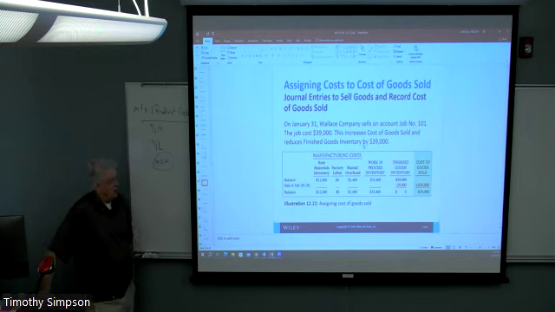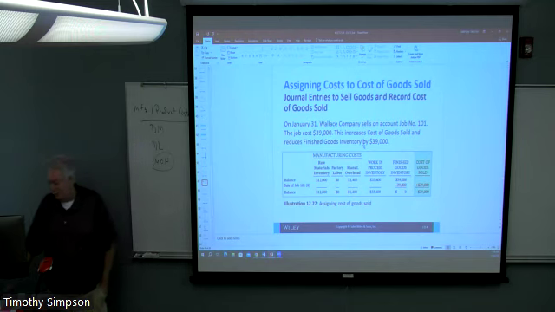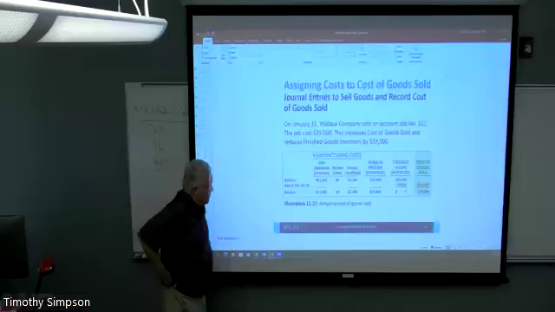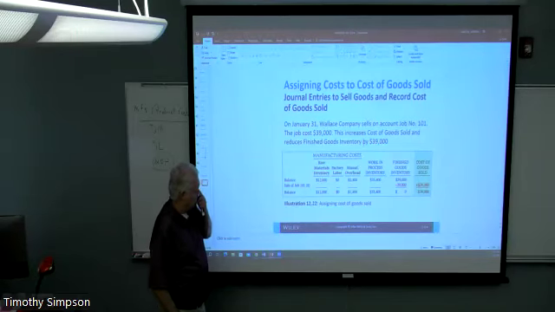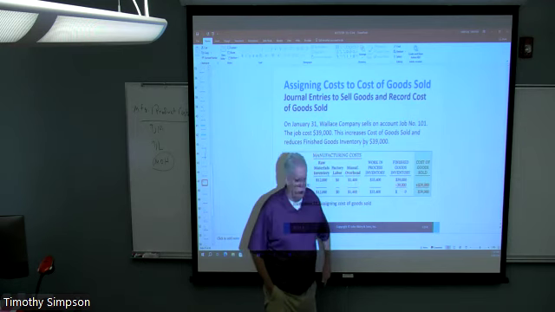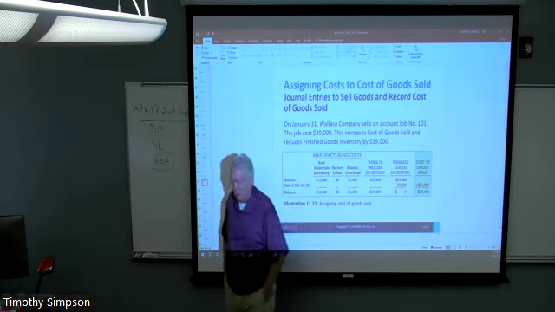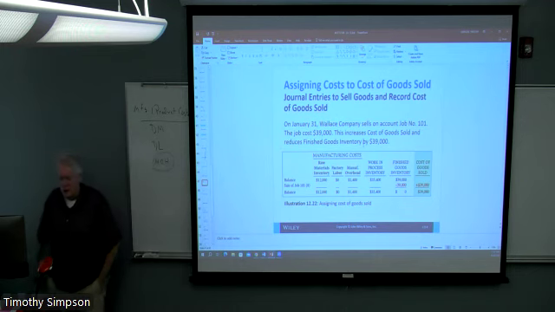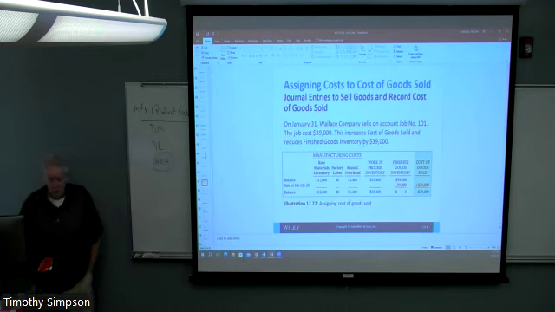But at least they know what it cost them to make that particular good. And if they're called upon to make it again, it'll give them some guidance for pricing as they go forward. A lot of companies will simply determine what it costs to make something and then try to factor in some profit margin that is acceptable to the buyer. But they don't want to drop below that price off that cost, obviously, because that wouldn't make any sense. Okay. So any questions about how we move that over, how we absorb that cost?